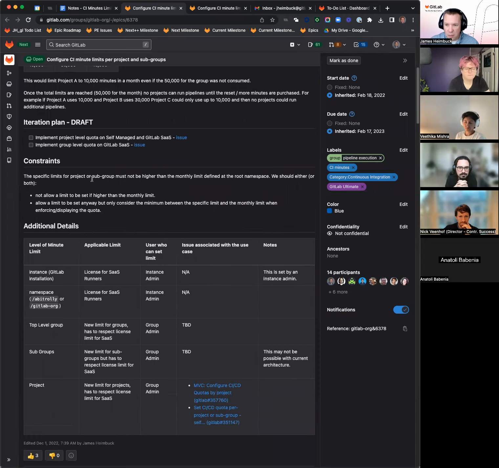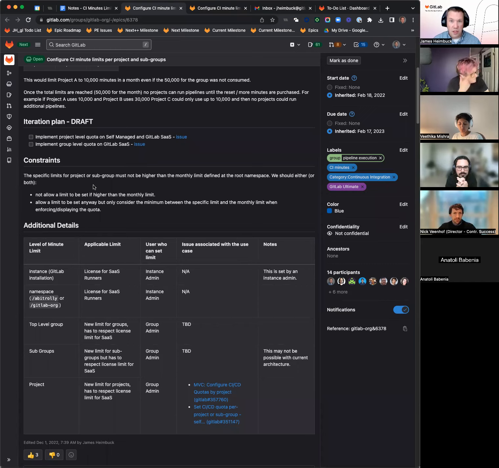Ideally, we can set that or we can enforce that. I think that starts to get tricky on GitLab.com or for SaaS because of the additional runner minutes that can be purchased. So while we may allow users to initially set a higher limit, especially as that limit could be variable based on how many minutes roll over month to month, the enforcement would still be at however many minutes you have left. I see nodding from Fabio, so I assume that I'm not lying. That's correct, because